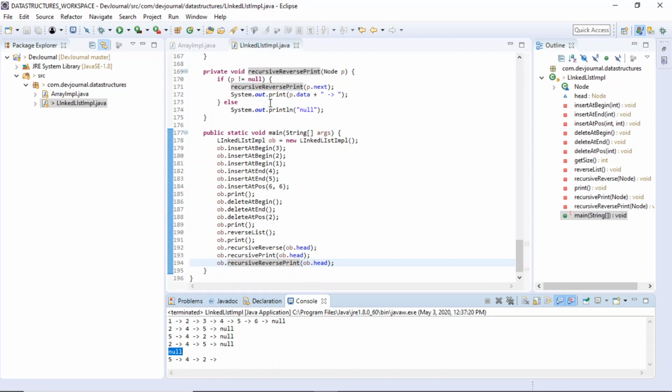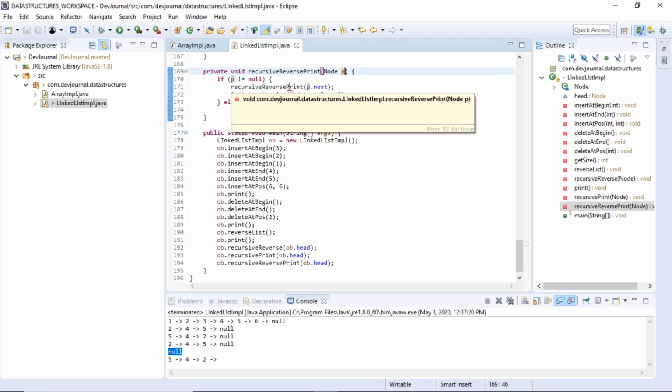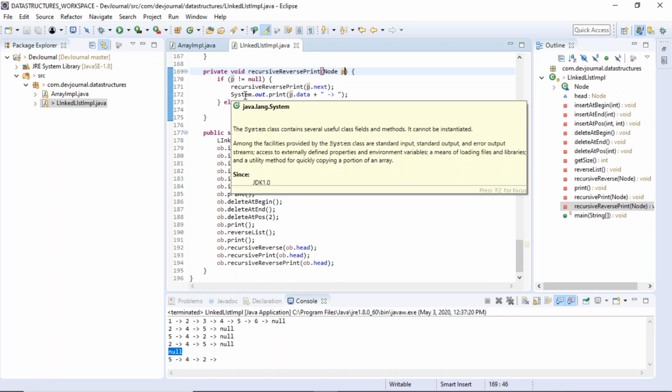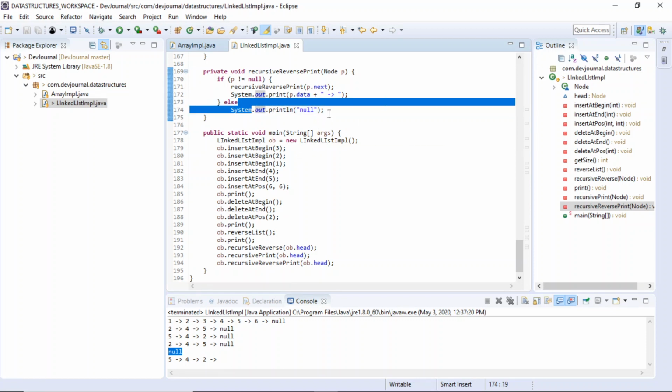The very first time the recursive method comes with head as 5, then 2, 2 is not equal to null, it will call the recursive reverse print, right? But when we traverse back, because we are printing it in the reverse order, first of all this else condition will be printed, and then this sysout will be printed. So let me just simply remove it.